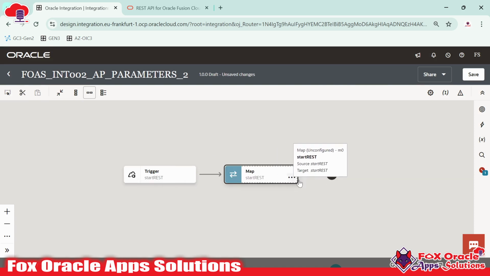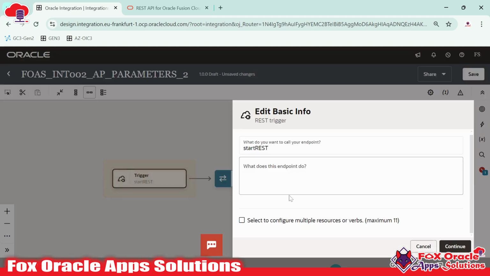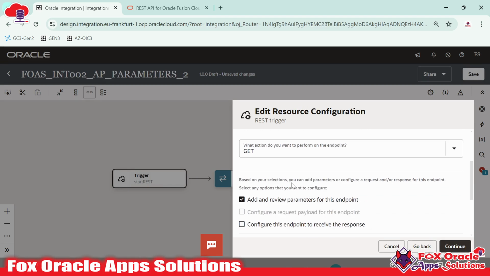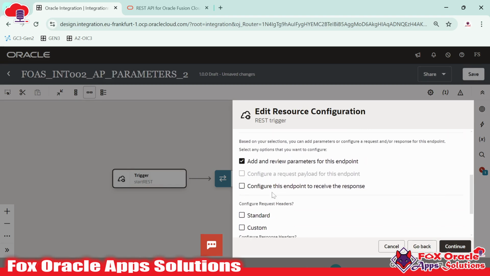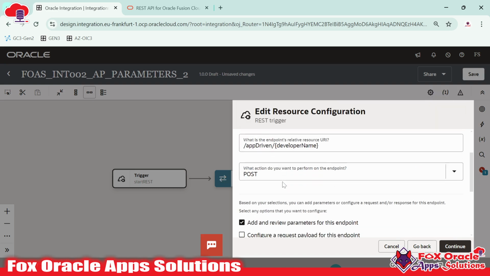So here this time we are able to see this as return. It's not as a stop. So maybe it's because we selected the method as a GET. Here we selected the method as GET and it gives this option so that we can return values or not. So let me select POST only. Later we will go for